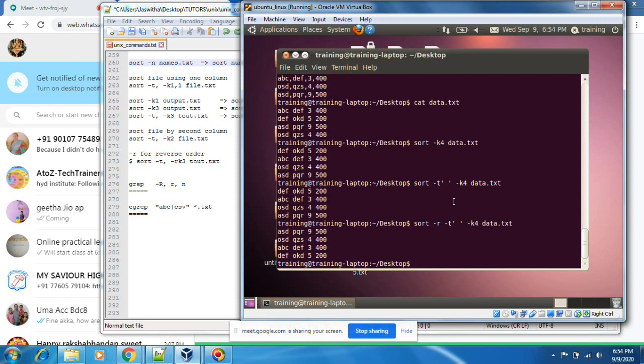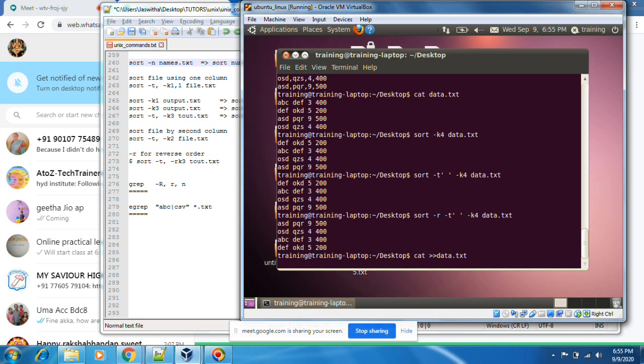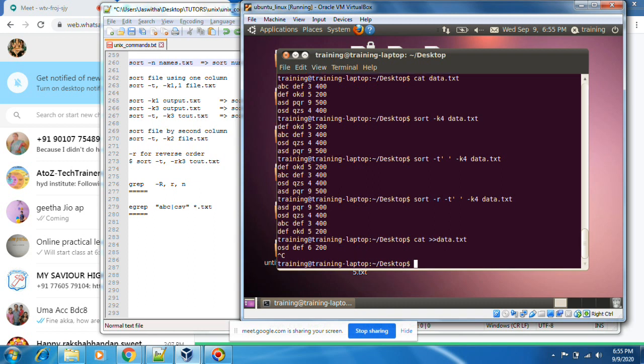Let me add some more data there. Let's do some grep. I want to grep by the word OSD.